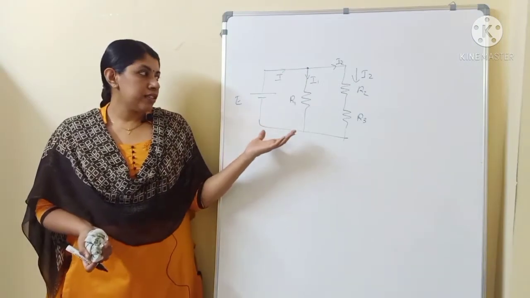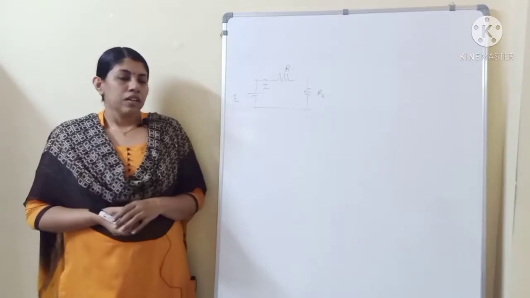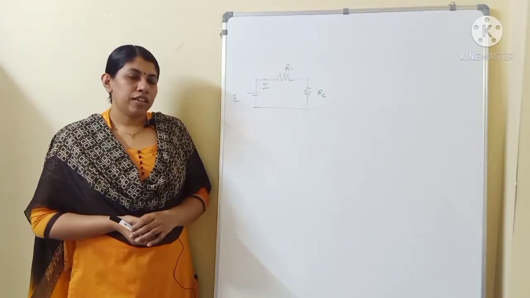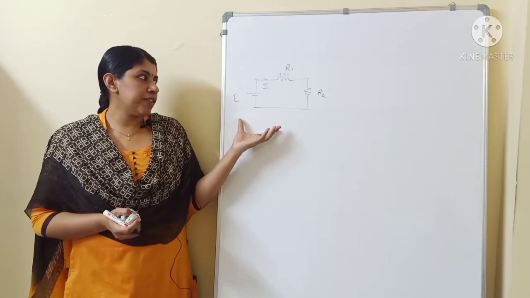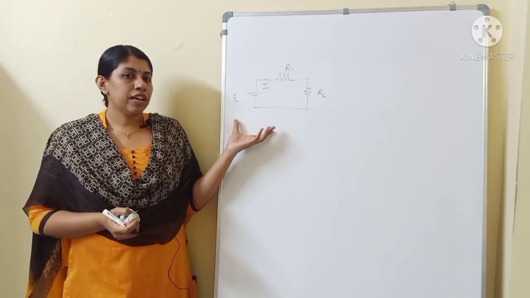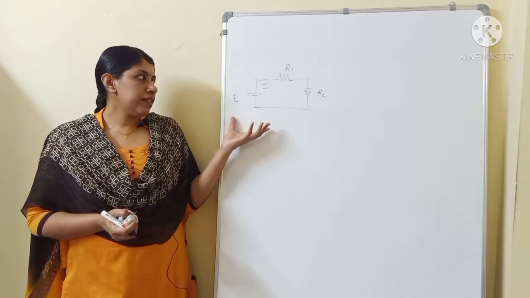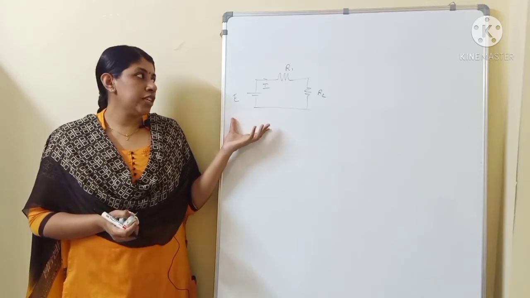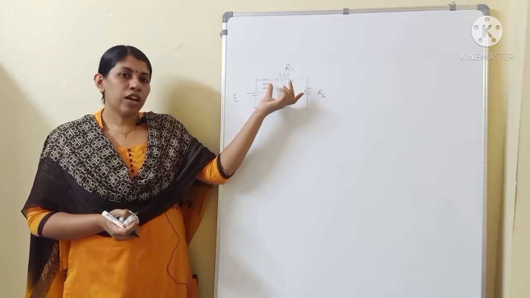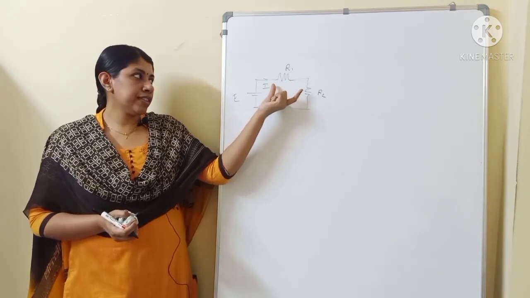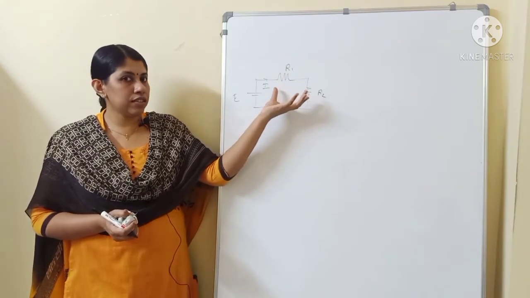Now I hope that the concept is clear of how resistances are connected in series. Now we will find the equivalent in order to solve this network. Solving a network means that in most problems we will be given a network and asked to find the current flowing through that particular circuit. In order to find the current flowing through a circuit, we need to calculate the total resistance or the equivalent resistance. We have already discussed in our previous class how to calculate the equivalent resistance when two resistors are connected in series, right?